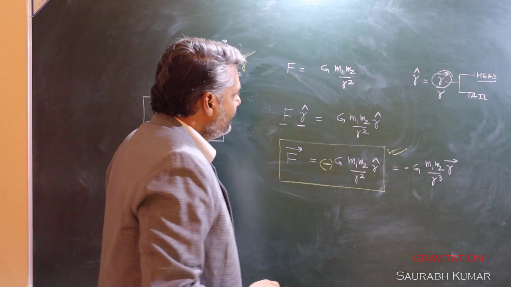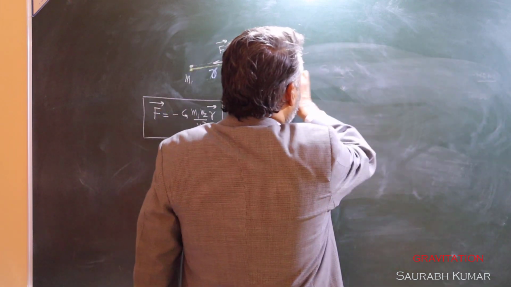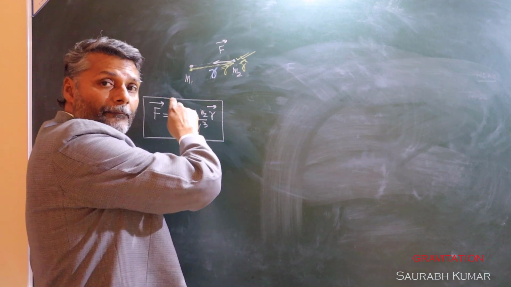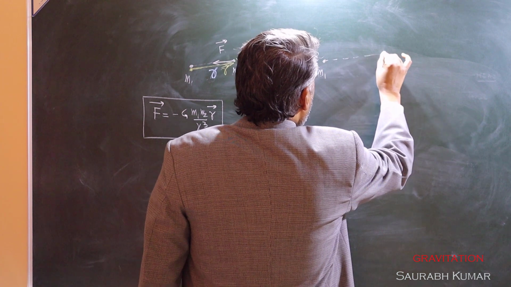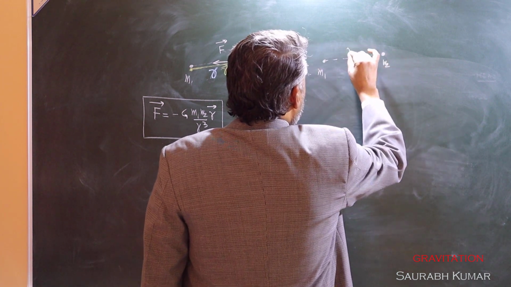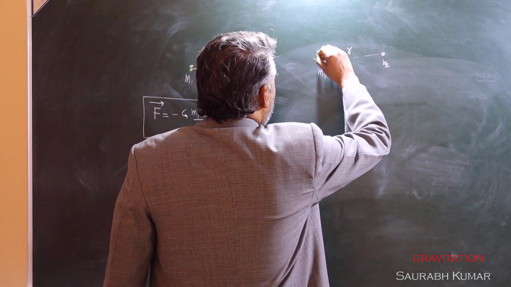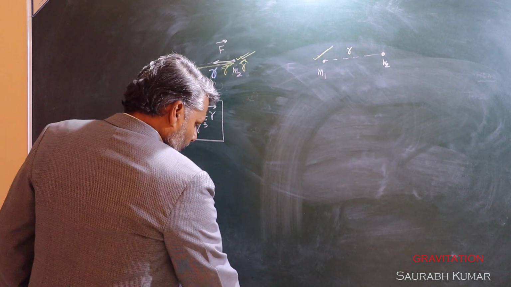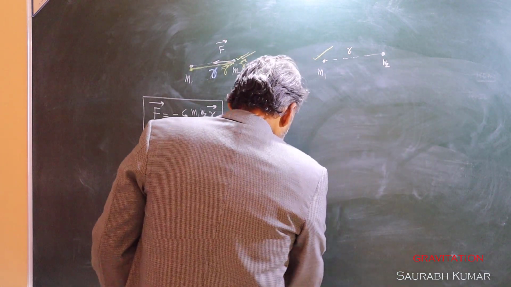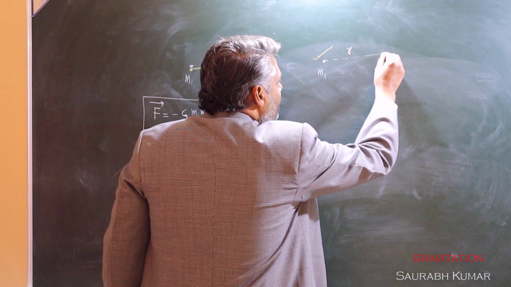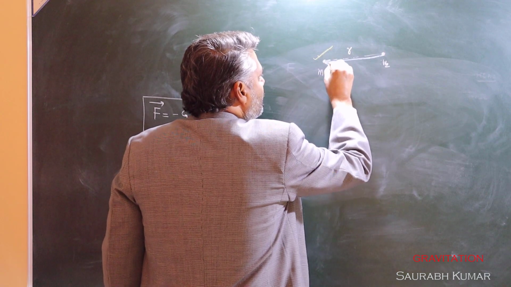Let us verify this. How can we verify? Let us consider or find the force on M1 because of M2. Let me draw another diagram. M1, M2, this separation is R. The selected body is M1. So who is playing the role of environment? M2. So where will be the tail and head of the R vector? You will draw vector R like this, or not?